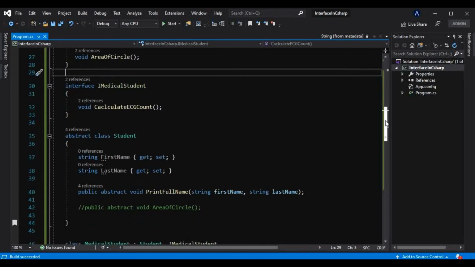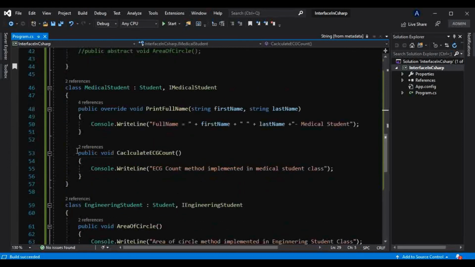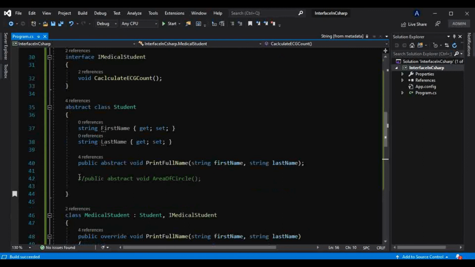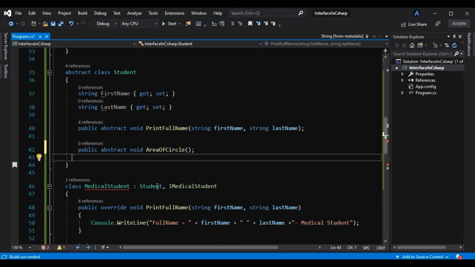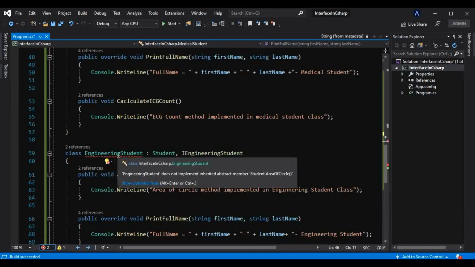So if you can see here, if tomorrow there is a requirement of any specific method like this Calculate ECG, then there is no need of changing the implementation of our whole application. Or for example, if I introduce that new method here, then it will throw an error in both these classes, in the medical student as well as in this engineering student class.